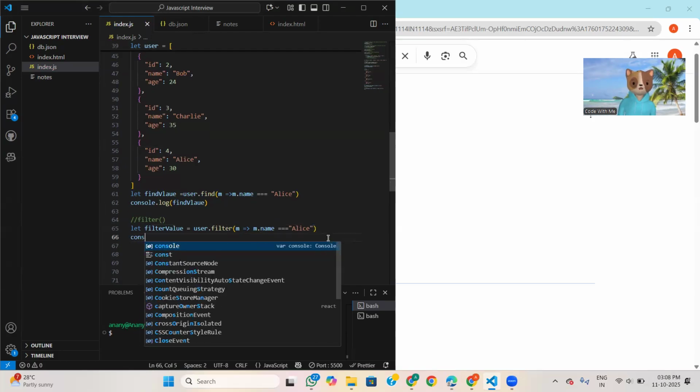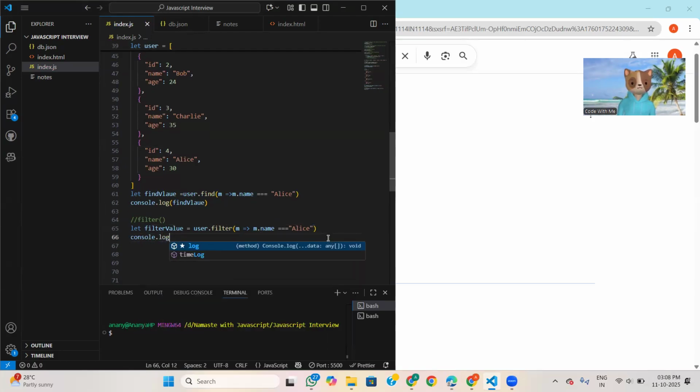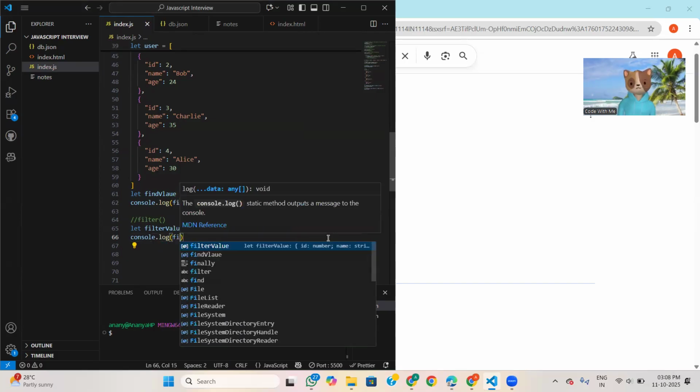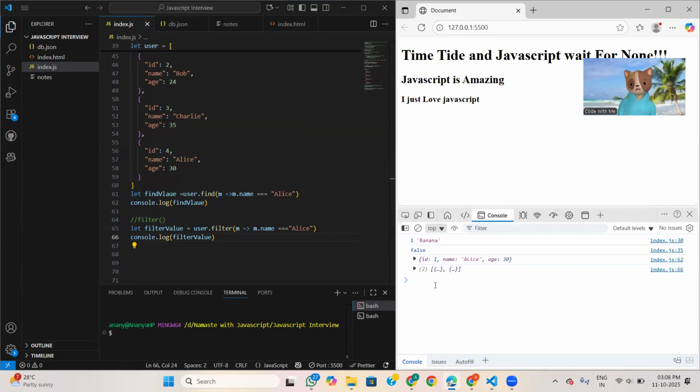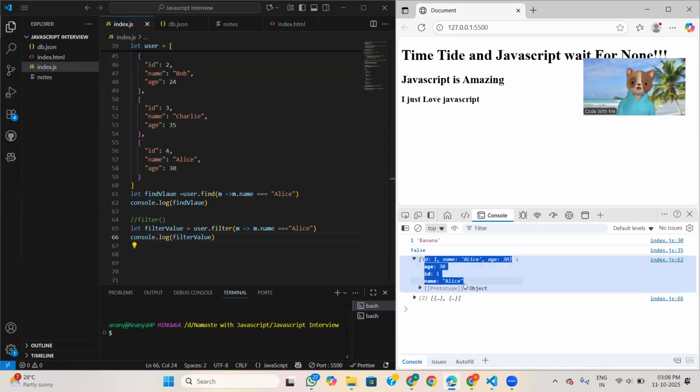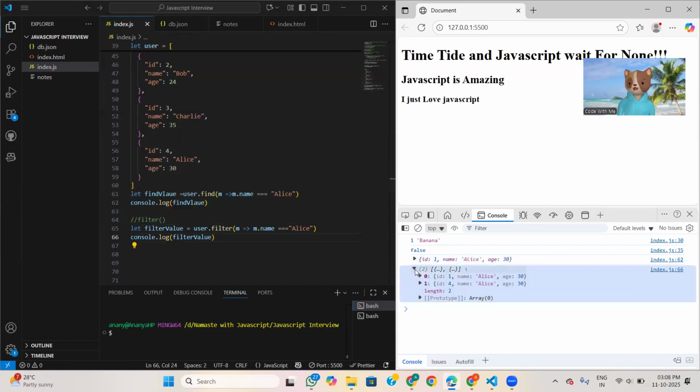Now in console, see here the output. Earlier when I used that find method, it only returned this first value. But when we apply filter method, it returns both. Wherever Alice's name is present, it is returning both values.